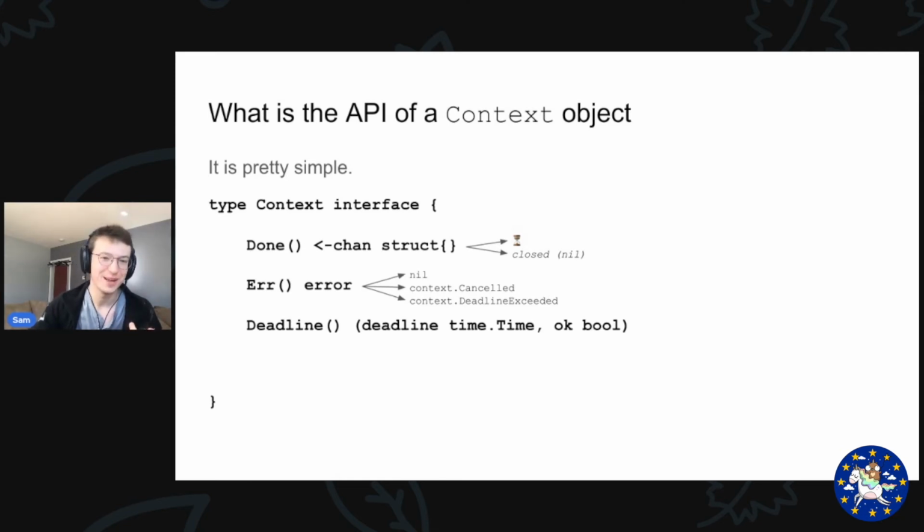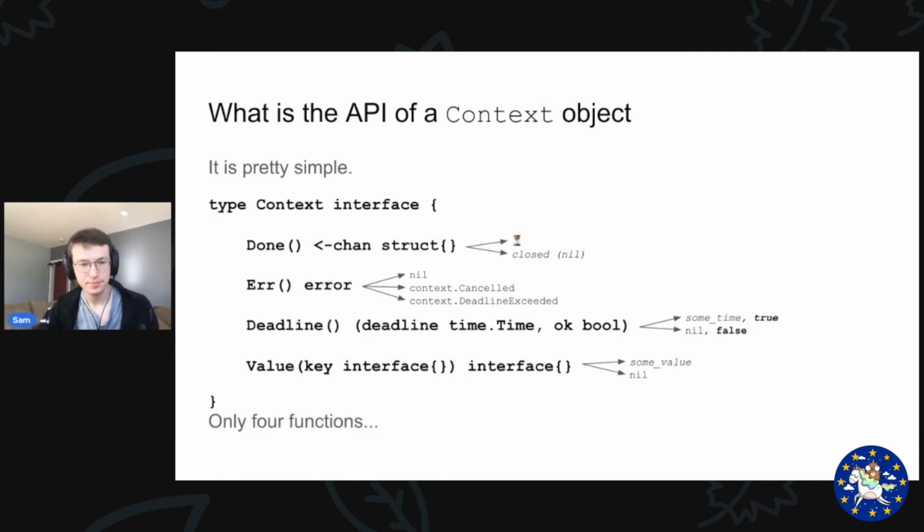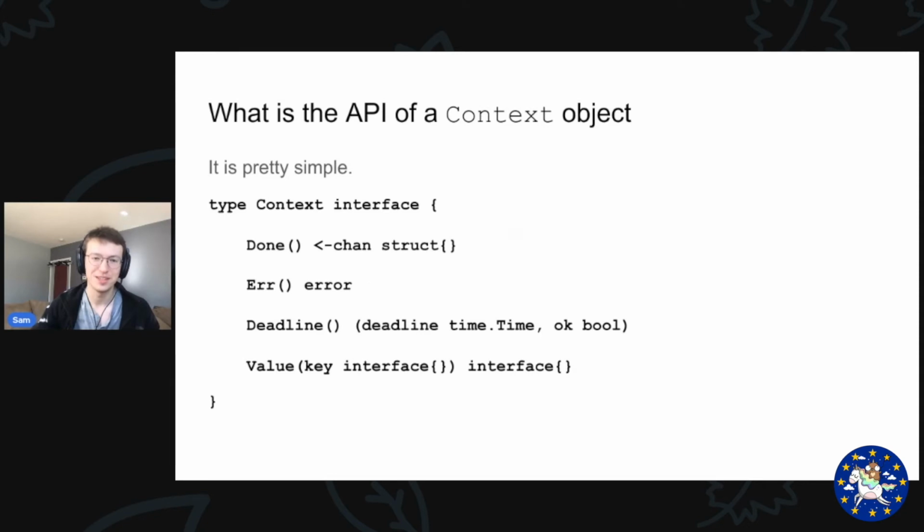The third function is Deadline, which will, if there is a deadline, and contexts don't necessarily need a deadline, they could have no deadline. If there is one, it will return true and that time. If there isn't, false and nil. And lastly, there's a Value lookup where you pass it a key of any type and it'll give you either some value that you have to cast to whatever type you want, or nil if the value wasn't found. That's it. Only four functions, and they have relatively consistent returns, so relatively easy to understand,